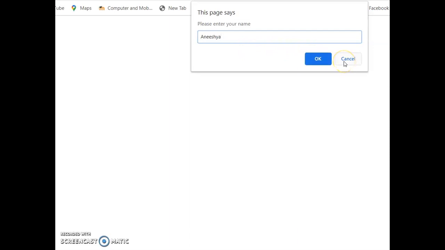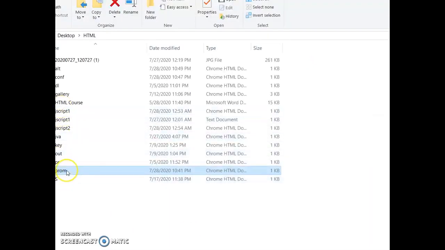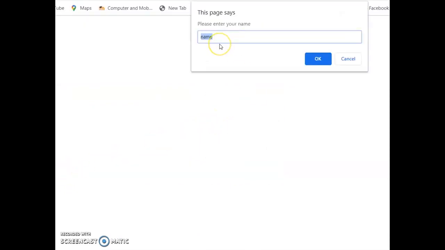If we press Cancel, it returns a null value. And if we write something, a name, I'm typing Anisha. Okay, then if we press OK, that will display here.